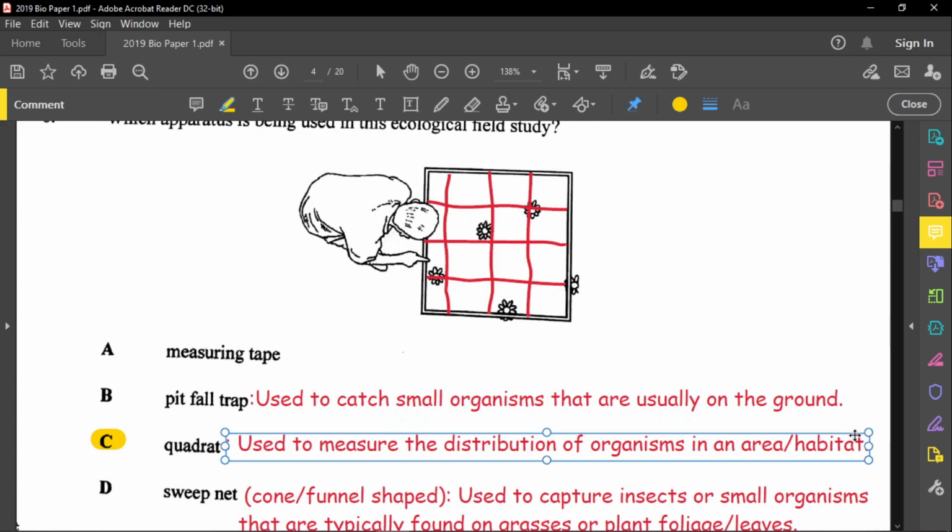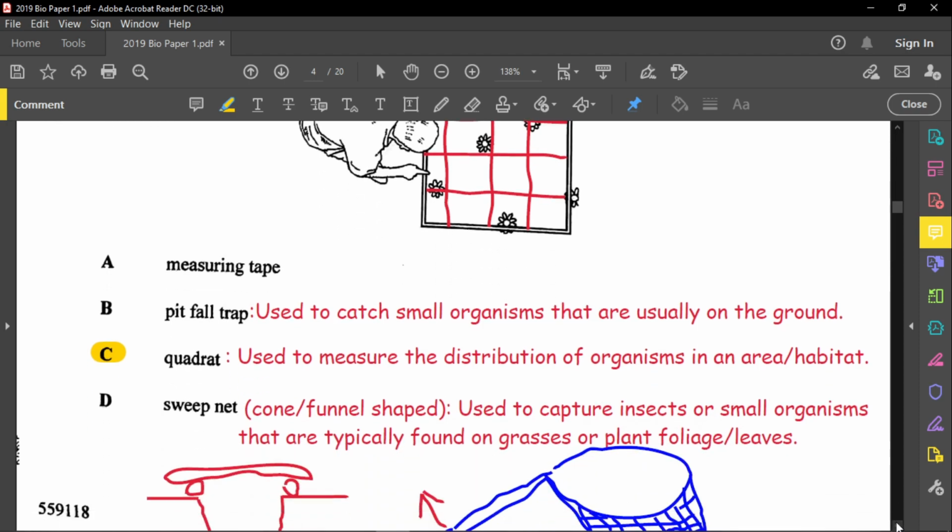Now, I made some special notes in terms of the different devices or apparatus they list. We have what they call a pitfall trap. A pitfall trap is used to catch small organisms that are usually on the ground. I have a diagram for that, which I will show you at the bottom. The quadrat, shown in the diagram above, is used to measure the distribution of organisms in an area